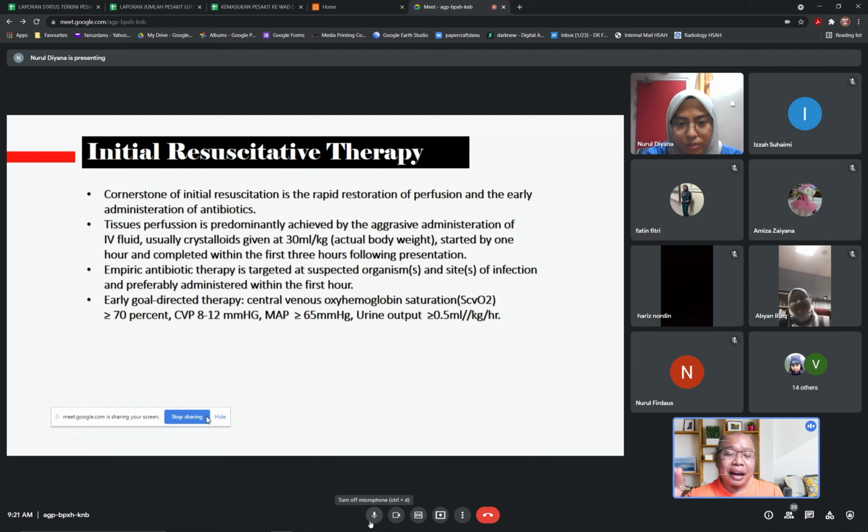Because then you akan ambil blood daripada situ, both dalam mesin AVG untuk measure SVCO2. SVCO2 ni just venous blood gas je. Tapi kena ambil daripada central line. Lepas tu that's why dia ada target CVP apa semua. And dia ada target-target lain. Contohnya macam kalau HB less than 10 ke apa, kena transfuse apa semua. Tapi the thing that you need to remember, bukan remember lah sebab tak tahu macam nak remember. The thing that you need to know about early goal directed therapy ni,